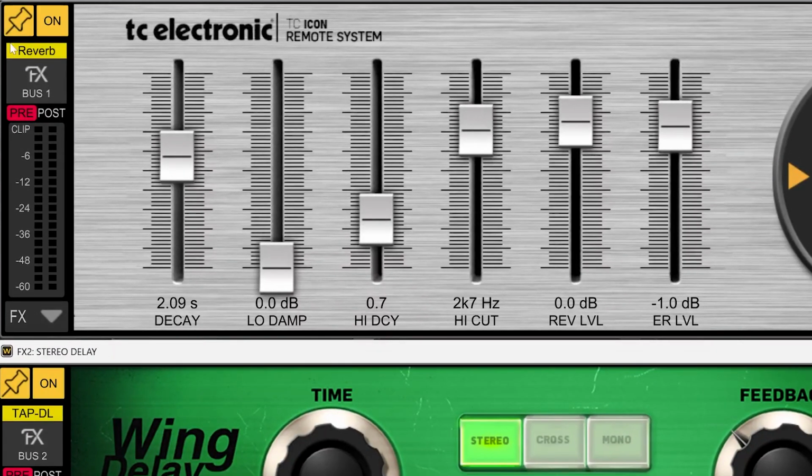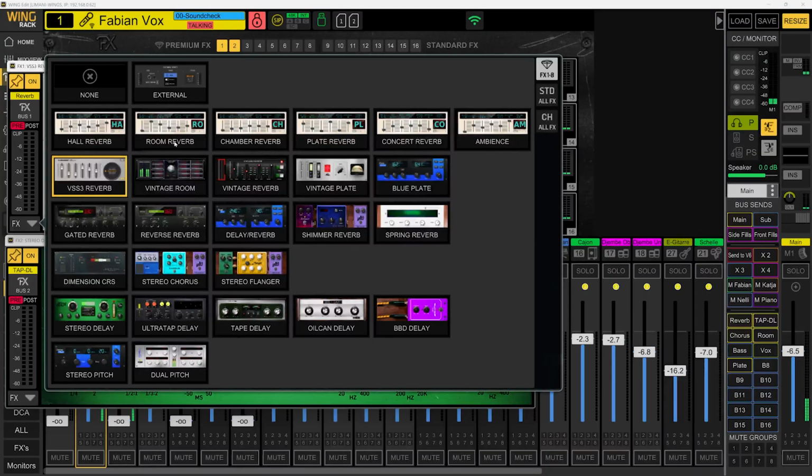You see on the left side you have a needle where you can pin it so that it's always on the top. Then you see as well what the bus or the channel is that the effect is inserted in, and you see the meter. In addition, via this arrow here, you can change then the effect that is in that